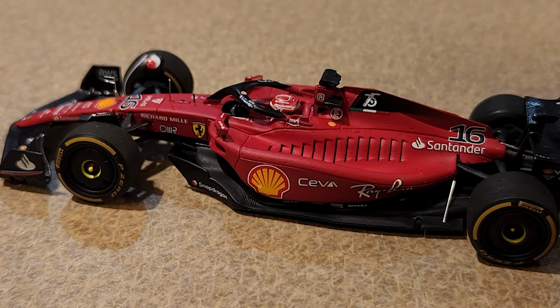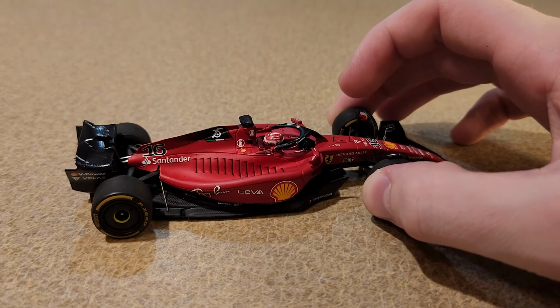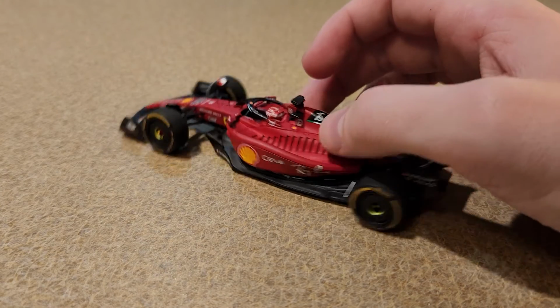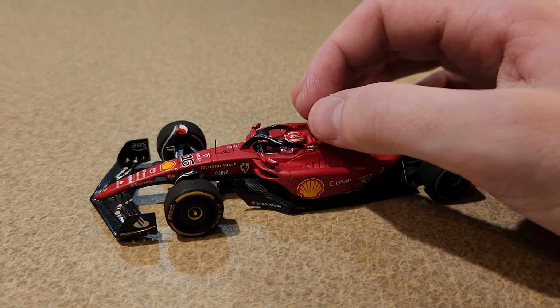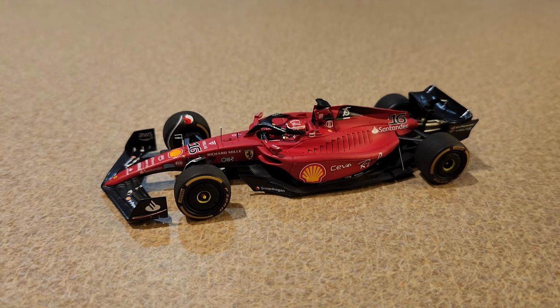Who knows? I bought it anyway. I still bought it. But despite that, overall, this is a pretty good looking car. Really good looking car. Probably one of the best that I've looked at. We'll have to wait and see. Maybe I'll do a further video on that. But yeah, this is the LookSmart Ferrari